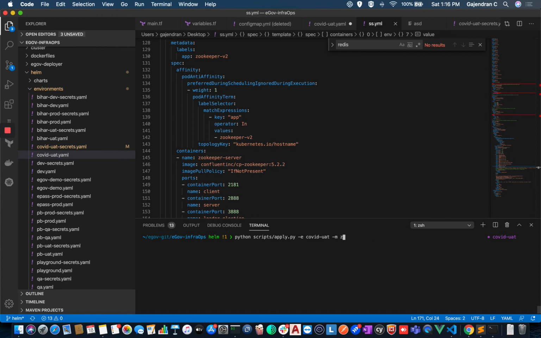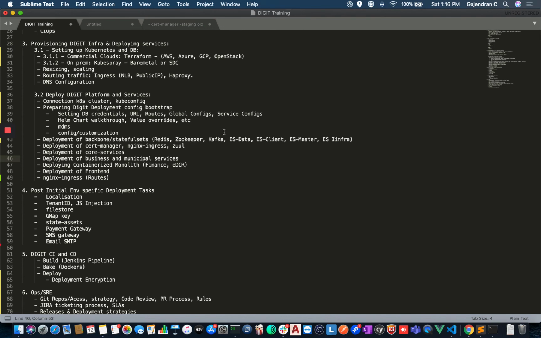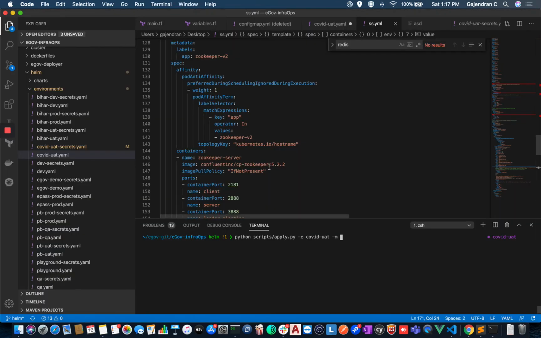Similarly, you can follow the same for all the stateful sets. Like first you will deploy Zookeeper, then Kafka, Elasticsearch, and stuff like that. And also you will follow the same for cert-manager, nginx-ingress, and zuul. So you can find